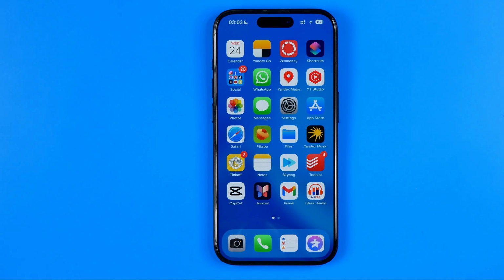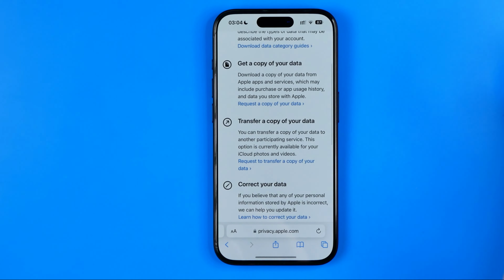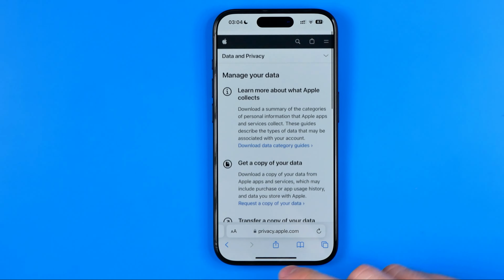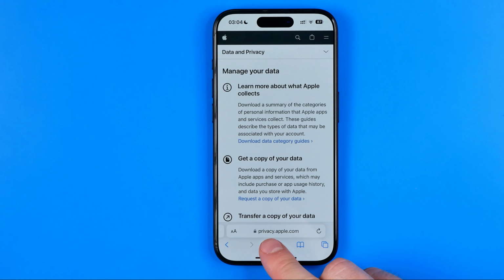Let's get started, guys, and now I'm gonna show you one online tool provided by Apple that allows us to easily transfer all our media content from our iCloud directly to the Google Photos. To do that, I'm gonna use Safari now. So first off, we need to open it up and then go to